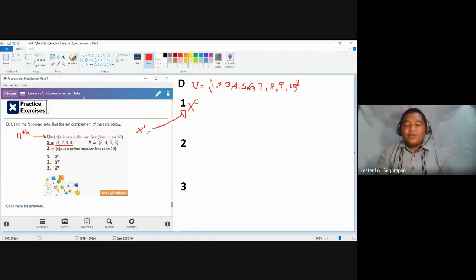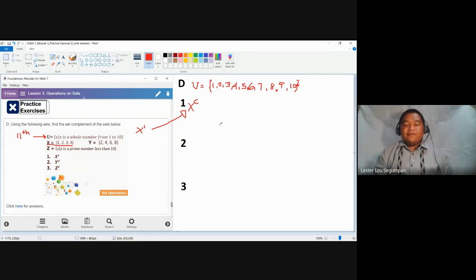So if we talk about X complement, we are going to list the elements found in the universal set but not found in X. To do this, we are going to use the concept of removing, similar to your set difference.